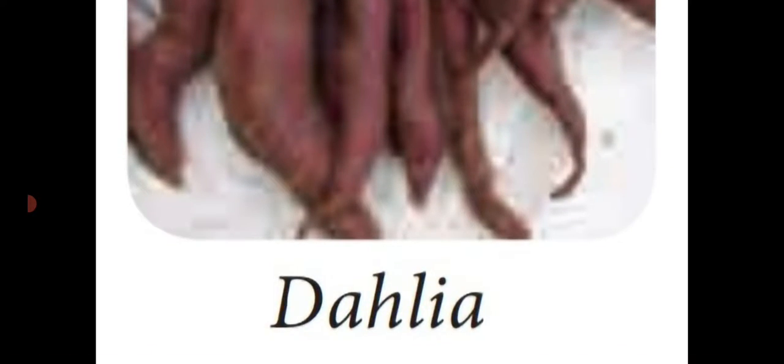Dear students, this is the other type of root, that is fasciculated root. Example, dahlia. See that one, a cluster of roots or bunch of roots arising from the tip of the individual root. That is known as fasciculated root. See that one, don't think it is a sweet potato. That means sakaravalakang. It is not a sweet potato. It is a plant named dahlia. A cluster of roots arising and storing the food material, with the shape modified into fasciculated root. Example, dahlia.